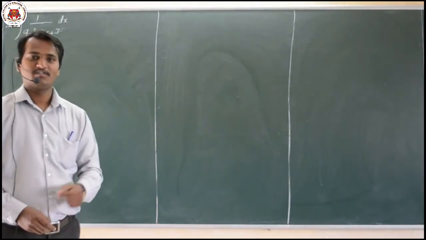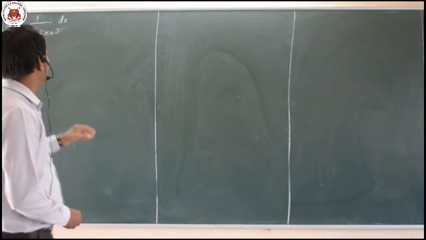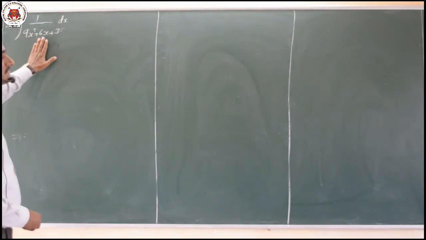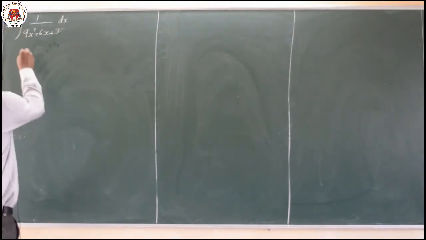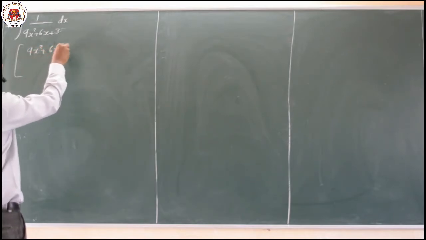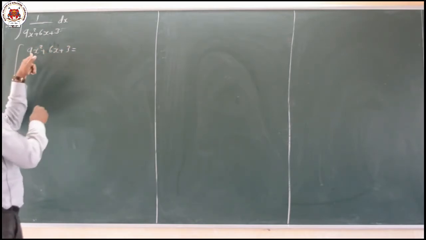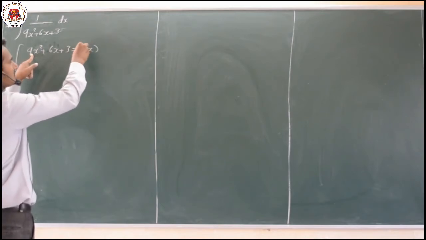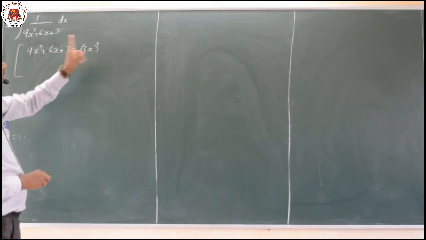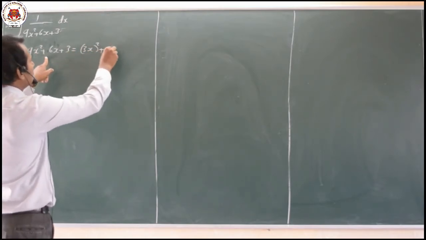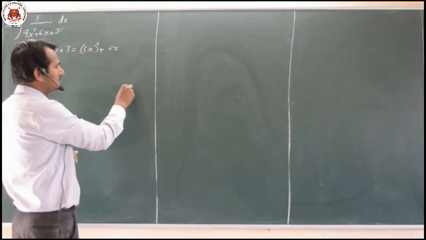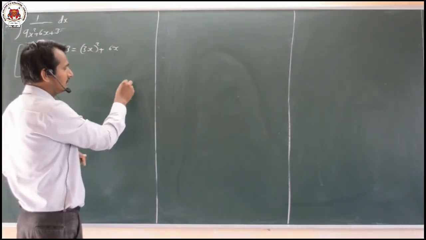Okay dear students, now let us move on with the next problem. Here the denominator is 9x square plus 6x plus 3. Let us reform it: 9x square plus 6x plus 3, which is equal to, 9x square I can write as 3x whole square, that is 3 square, 9x square, plus 6x. Now what I will do is 6x divided by 2, that is nothing but 3x.